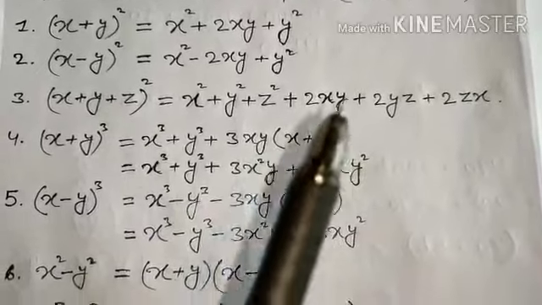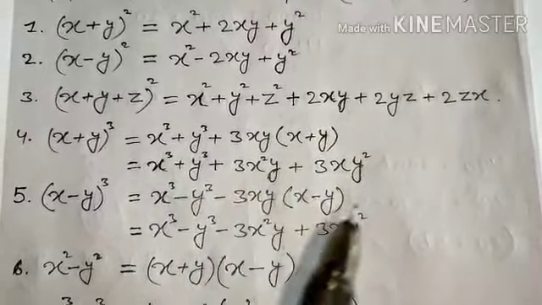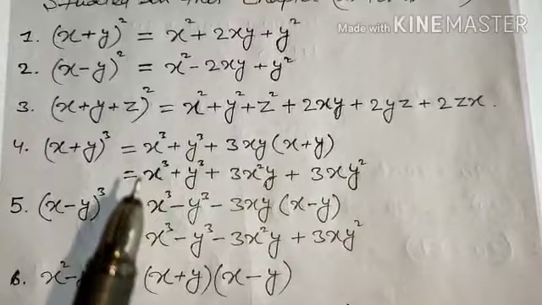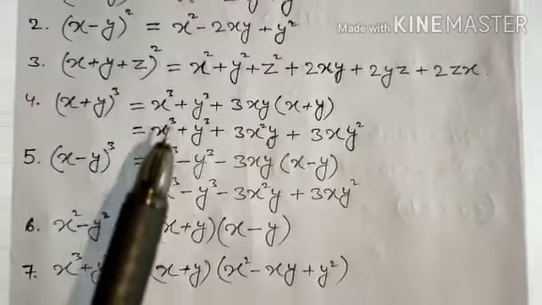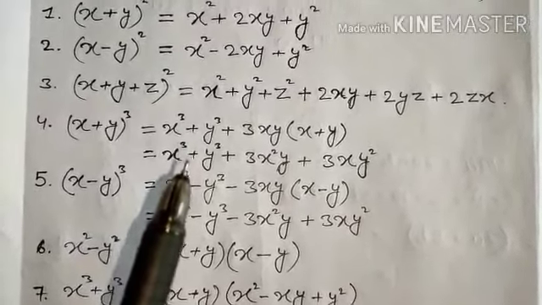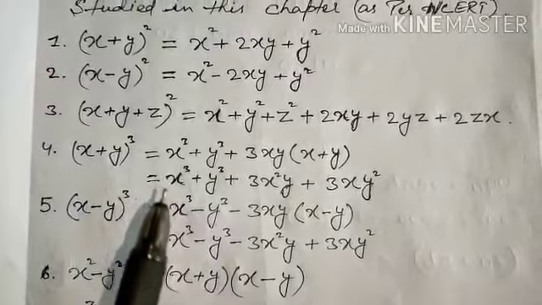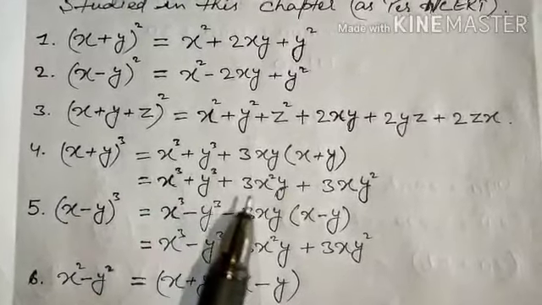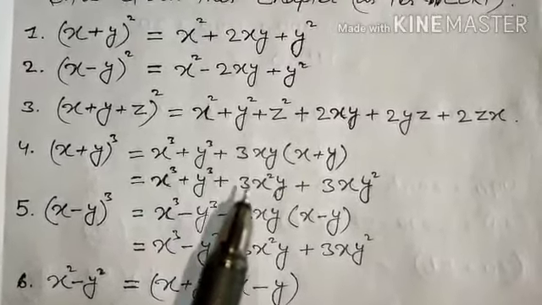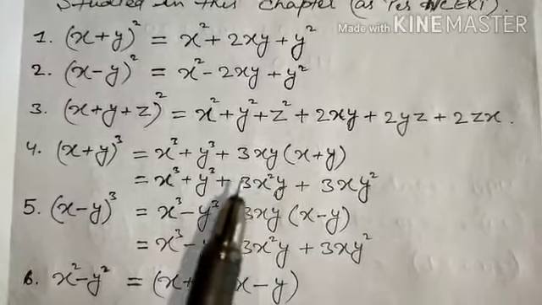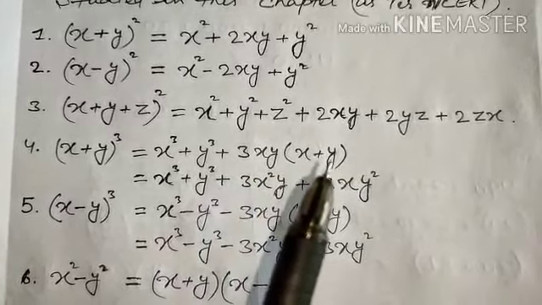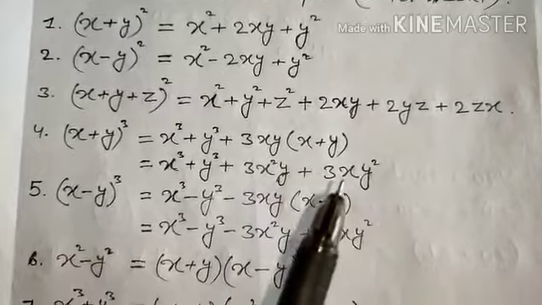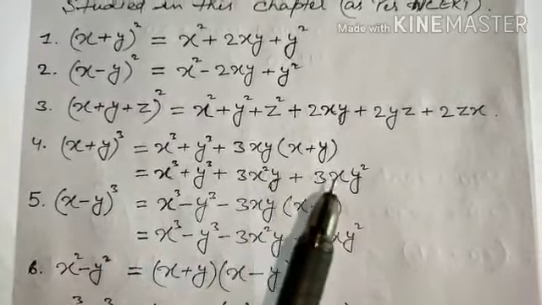is equal to... I'm just opening these two multiplications which are given in the bracket. So this is also another form, and this form we also use in solving problems. So (x + y) whole cube is equal to x cube plus y cube plus 3x square y, when it is multiplied with x, and then multiplied with y, 3xy square. I hope people have got it.